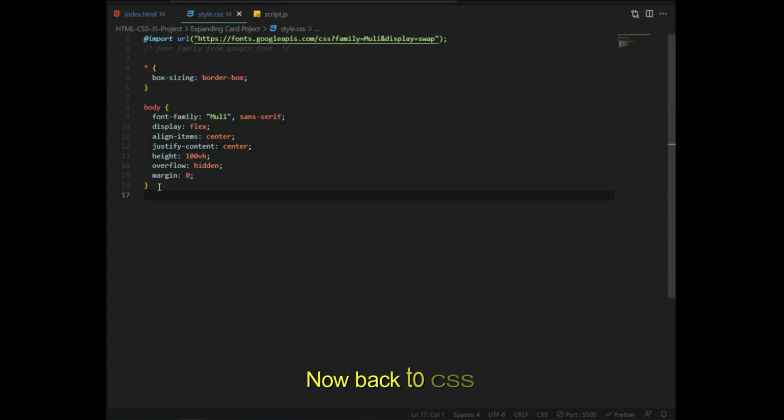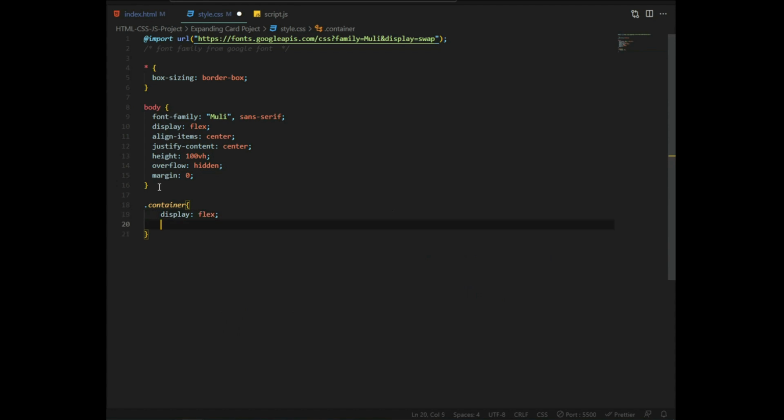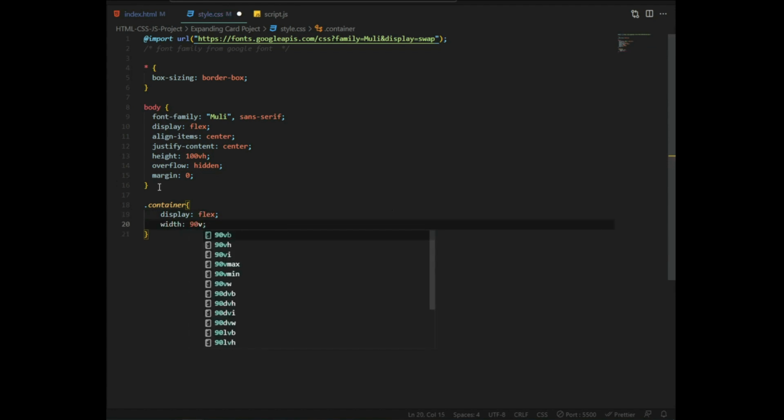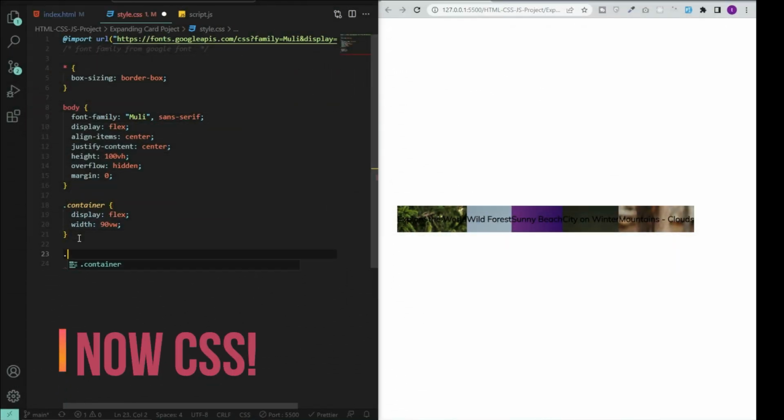Now back to CSS. Adding some styling on the panel class.